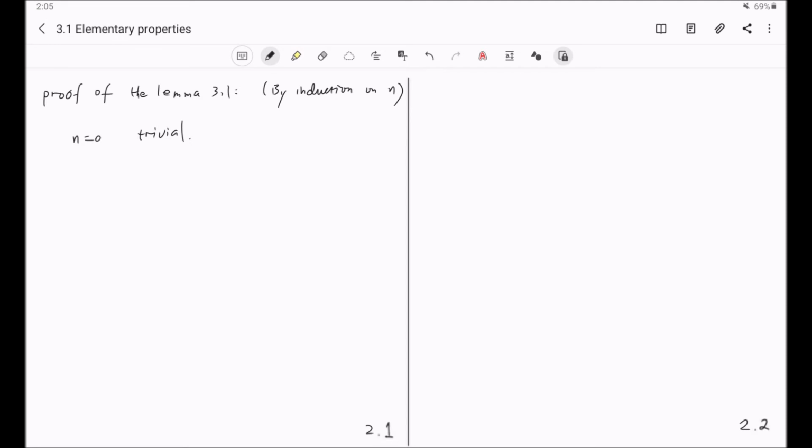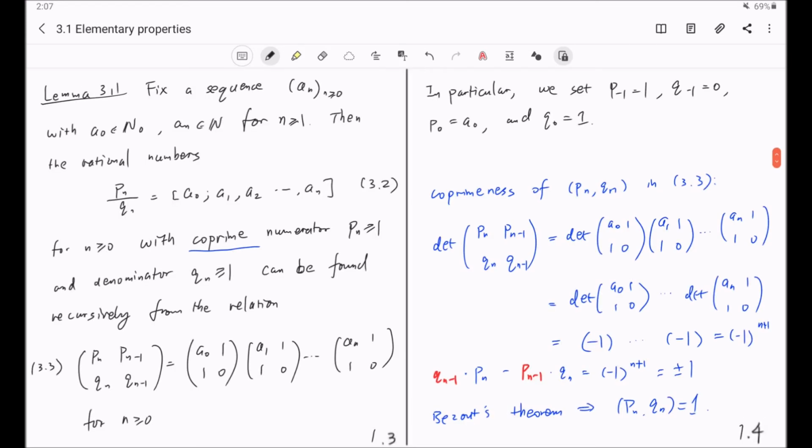And now let's make our induction hypothesis. Suppose for n greater or equal to 0, less than or equal to k minus 1, the equation 3.3 implies 3.2. And this means, suppose you have